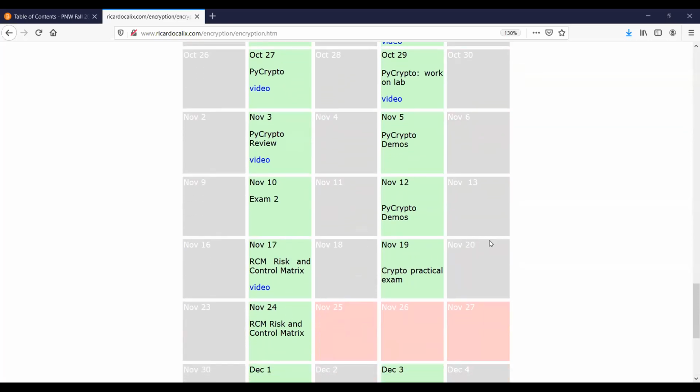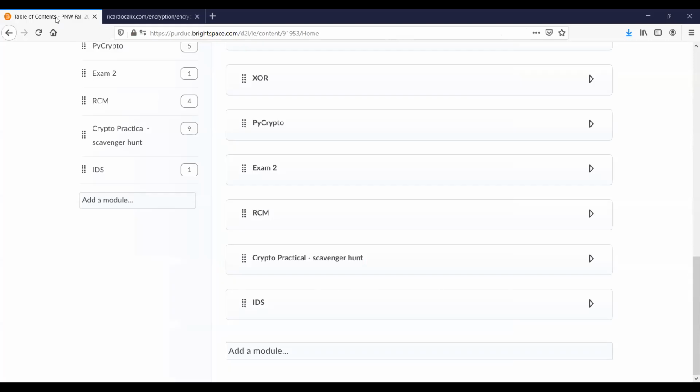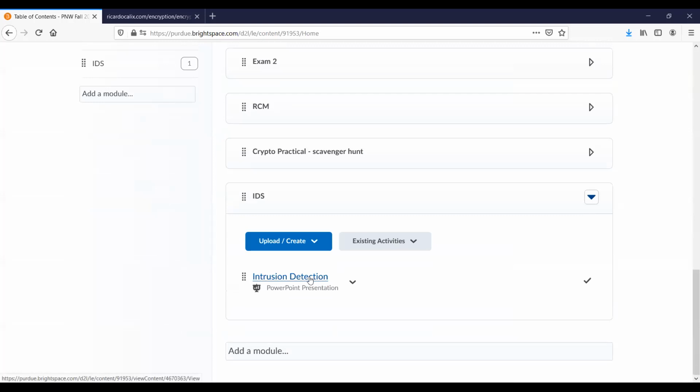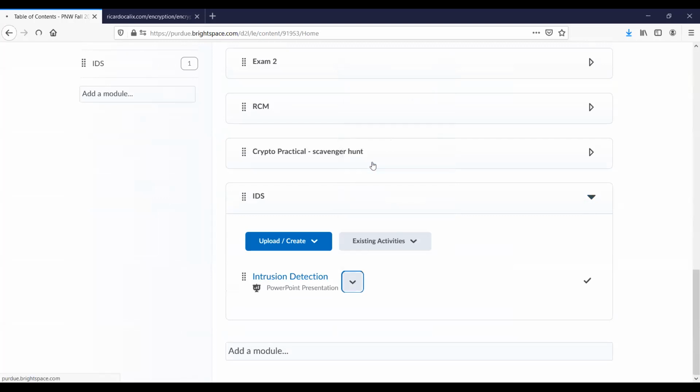All right, I have updated the calendar at this point with all the videos that we've done and everything. And as I said, today we're just going to do IDS, which is one topic in the syllabus. It relates to network security, and we have a course on network security, actually. So I'm not entirely sure why we still have that there, but I'll cover it a little bit today, just to make sure everything is covered of all the topics. So let me download the slides.